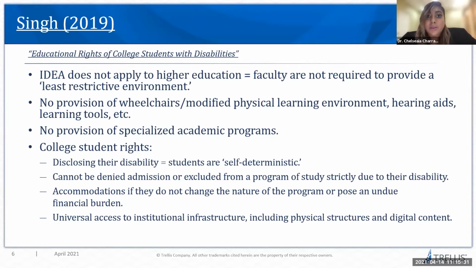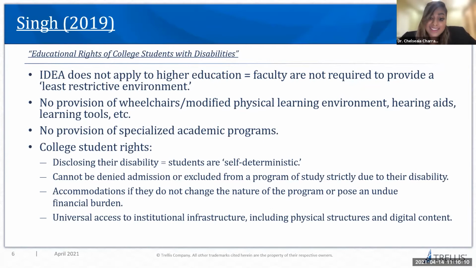So the onus is on the university campuses to provide this infrastructure to accommodate and facilitate students with disabilities, especially if they have these needs. Now, in K through 12, you have the individualized education plan, where you have specialized programs and a plan and everything set out for students with disabilities. However, that's not the case in college. They cannot modify any academic courses to fit the person's disabilities.